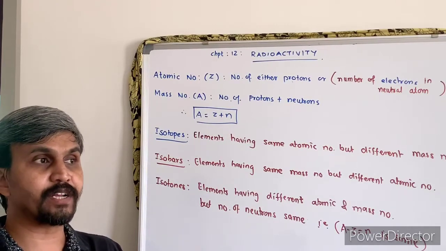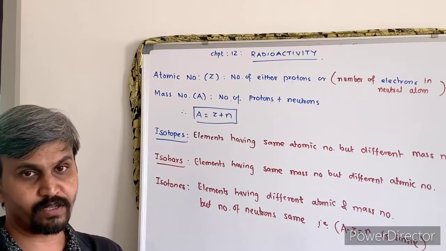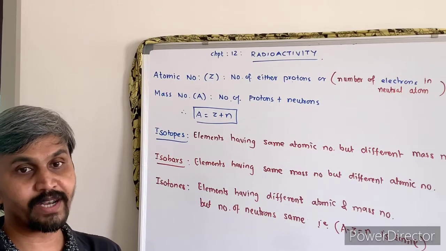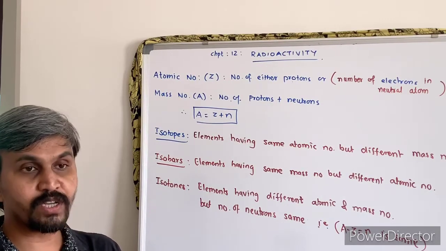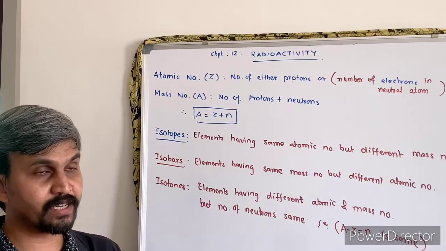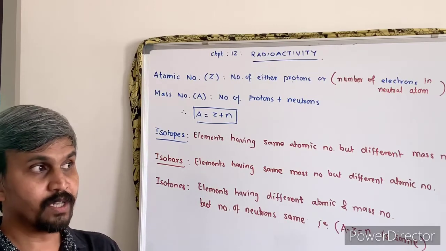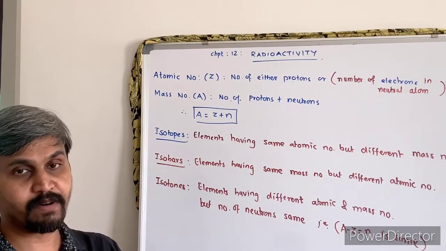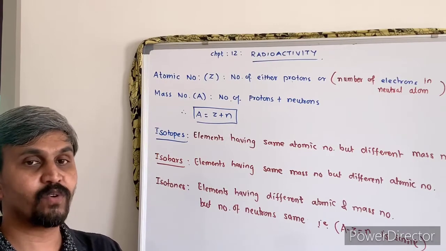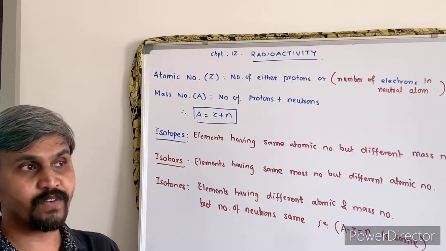You cannot predict which element will emit what, at what time. So this is only a random phenomenon. You cannot predict which element will emit what. मतलब अल्फा के बाद बीटा, बीटा के बाद गामा, that you cannot predict कि अभी अल्फा होगा या only बीटा होगा या अल्फा and गामा.